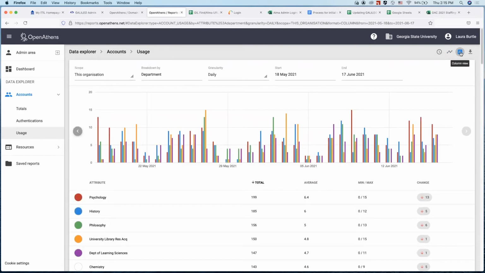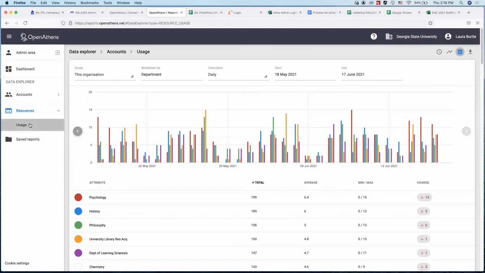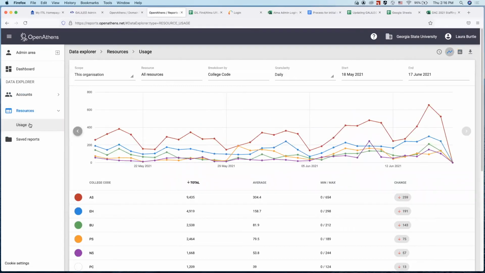And then you have the option of seeing it in a bar graph versus a line graph over here. And then you also have the option to export or save it. You can view all your saved reports in this folder here or view as HTML. But where it gets really good is when you look at resource usage here, because this will allow you to look at specific resources